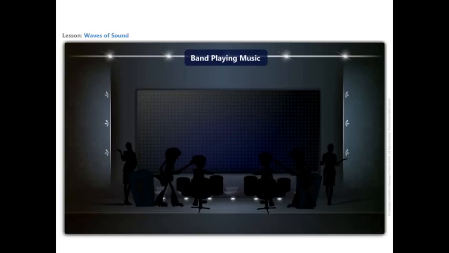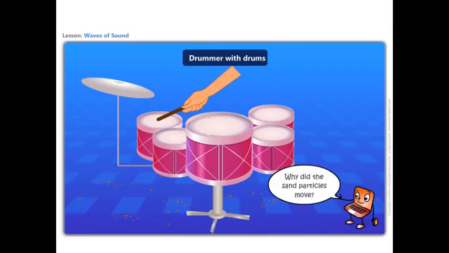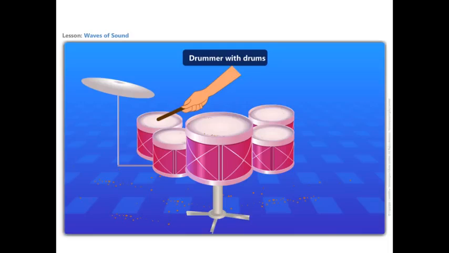Observe one thing. The speakers are vibrating. When touched, we can feel the to and fro movement. Look at the drums. The drum beats are peppy. There are some sand particles fallen on the drum. Look how they're moving. Why did the sand particles move? It is the vibrations of the sound from the drums which is causing the bouncing of the sand particles.